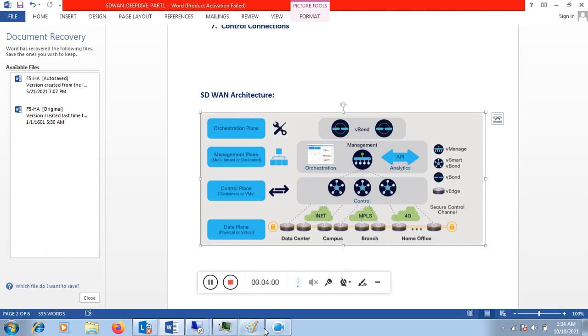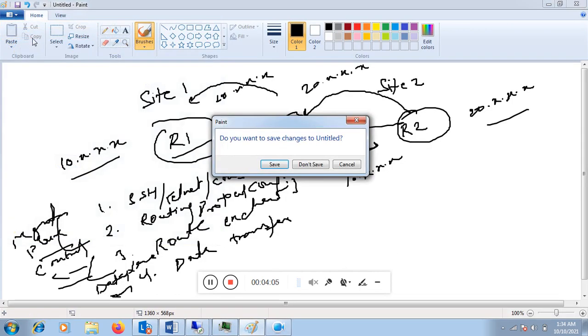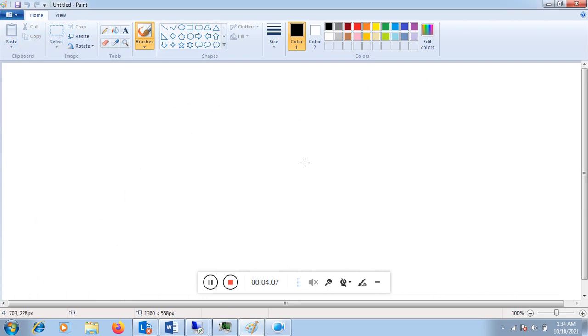So now if we talk about SD-WAN architecture, you have the control cluster having vManage, vSmart and vBond.